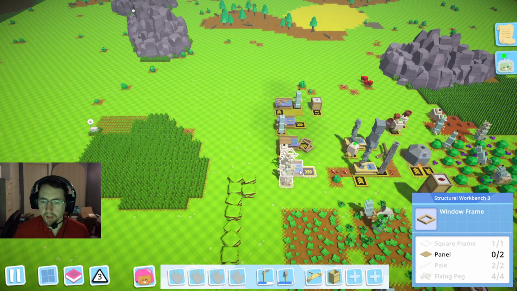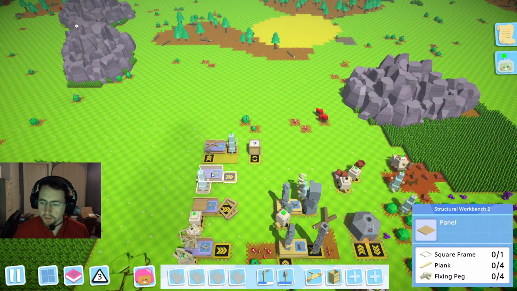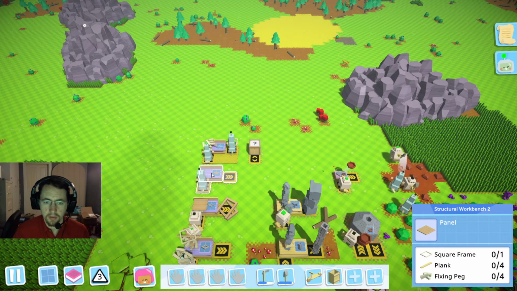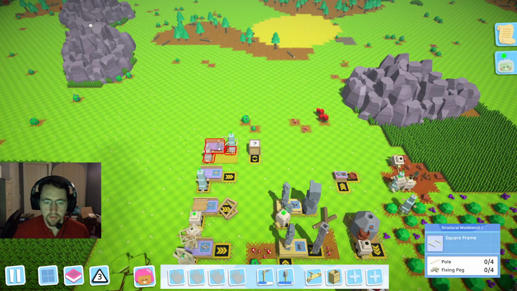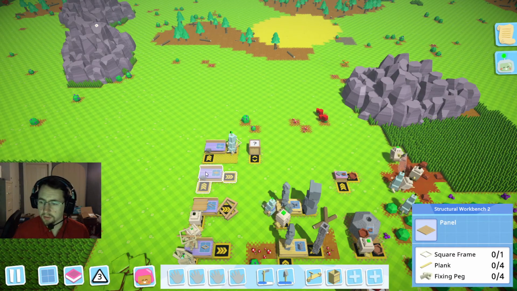I'm going to go ahead, and we're waiting on 2 panels for the window frames, apparently. And... Aha, so we don't have anyone... we don't have him adding any pegs over there yet. So we're going to go ahead and...